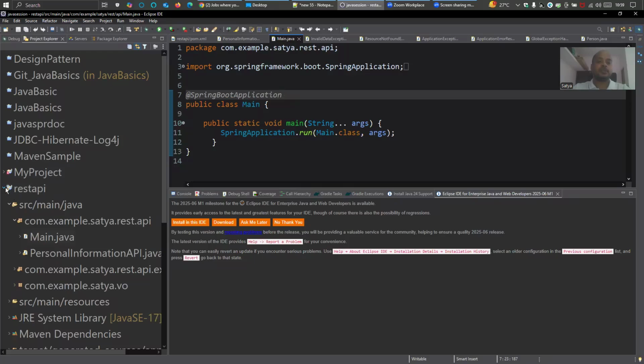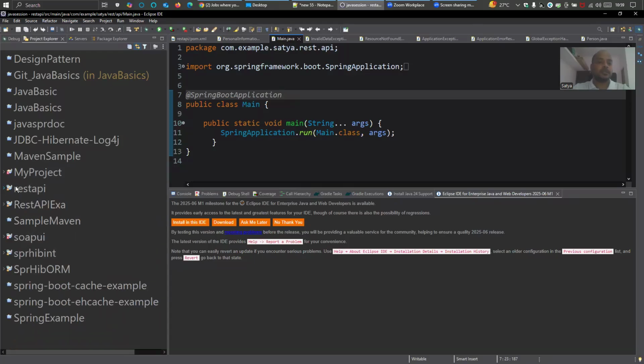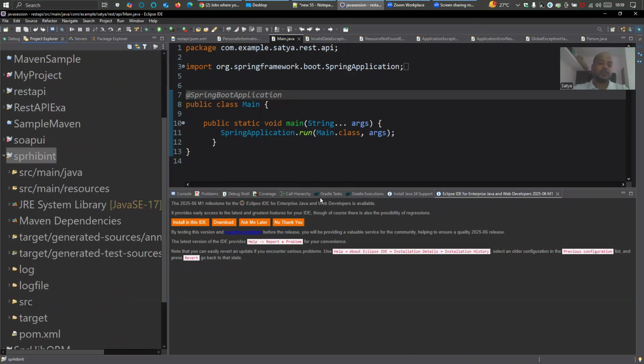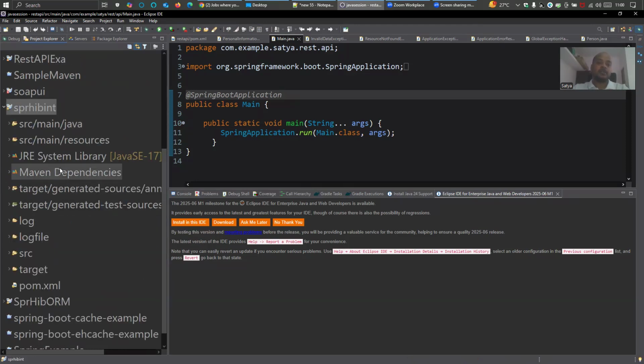Let me share my screen and start from where we left off in the previous session, doing Hibernate integration. This is the same project. If you see my screen, or if you're watching the screen video, you will see the same project I will open now, that is the SPR Hibernate integration project. In this project,